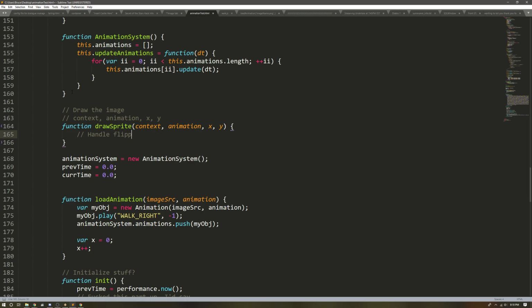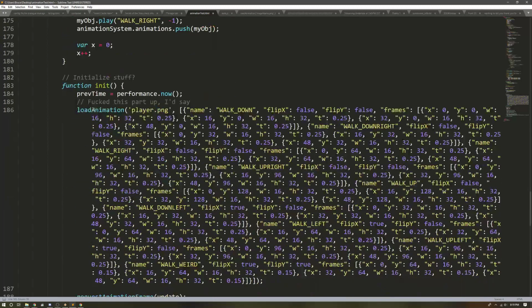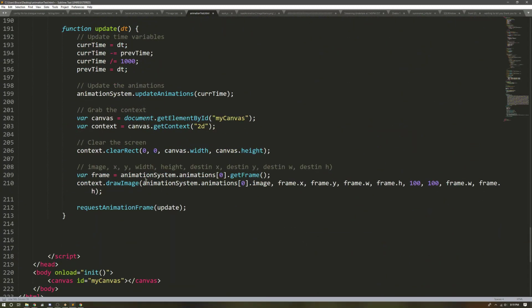Handle flipping of X, flipping of Y. How are we going to handle that? So all of this right here is going to change. I'm going to say,